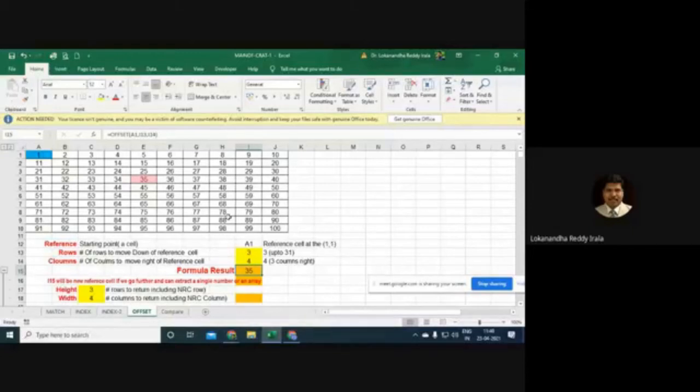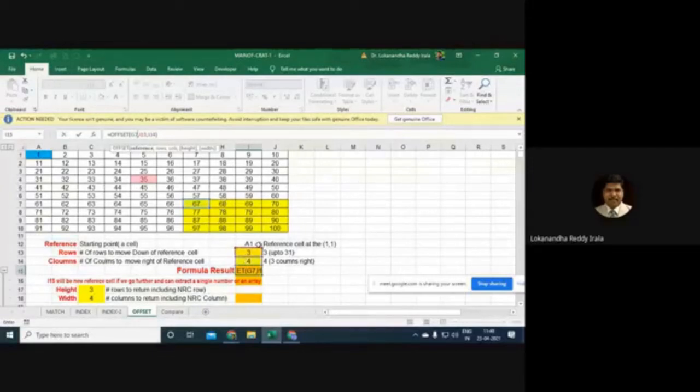So for example, let us say I am dealing with this particular portion of this matrix. Now instead of giving this whole matrix, I can give 67 as the starting point. Let me change this. Now instead of A1, let me say G7. That means it starts with 67. Then go 3 rows: 1, 2, 3. That means the last row.